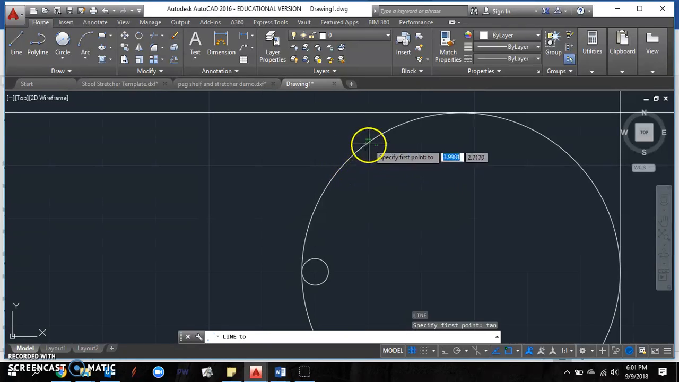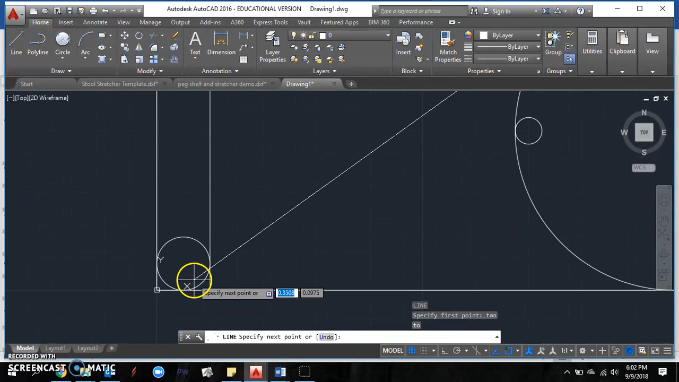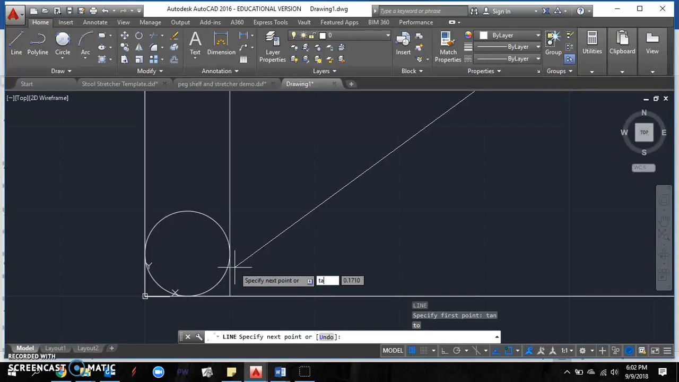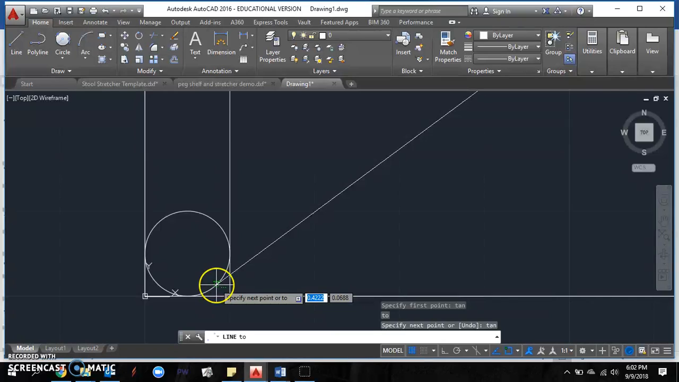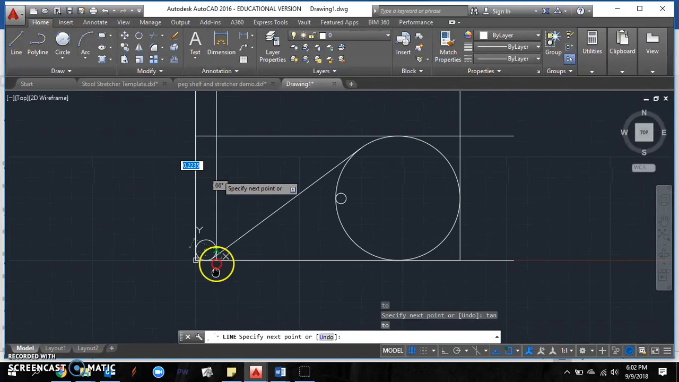So now if I click anywhere along that circle, it's going to give me a line that's tangent to that circle. So I'm going to just go ahead and click. And I also want it to be tangent to this circle down here, the smaller one. So I'm going to type in TAN again, hit enter. And now the cursor, when I have it over the circle, it shows that icon again. So I'm going to go ahead and just click, left click, and now it gives me a line that's tangent